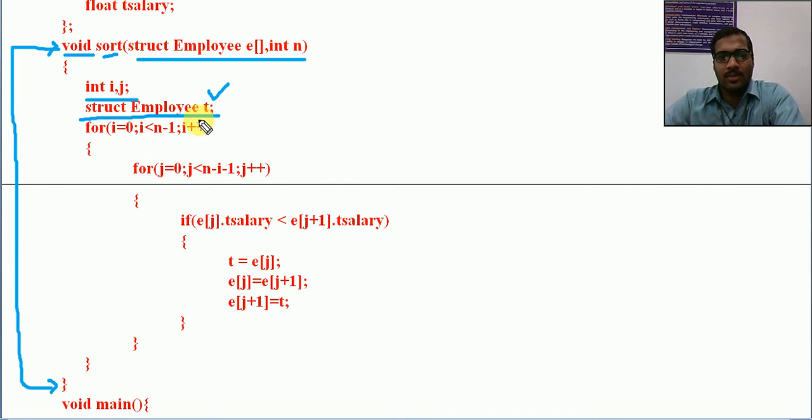So I require a temporary structure variable. Then we are following for i equal to 0, i less than n minus 1, for j equal to 0, j less than n minus i minus 1, the same bubble sort loop we are following here. Structure is already there, from the structure, each record.